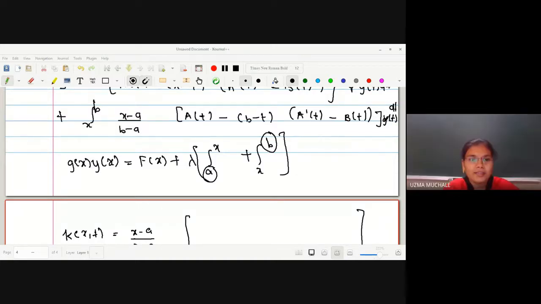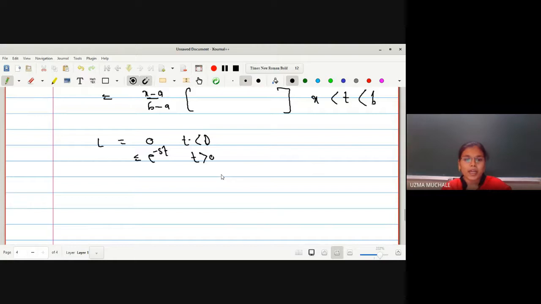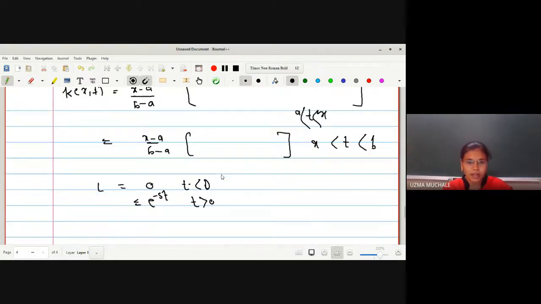Whenever you write it down once, you can have the simplification. It is not very difficult. Simply do the integration, find the value of y dash, resubstitute the value of y dash, and split the limits a to b. After splitting, take a to x in one common bracket and x to b in a second bracket, and that will work as a kernel, and the remaining term outside the integration will be working as f of x, and already we have the value of g of x as 1. So this is what a Fredholm integral equation of the second kind with lambda equal to 1, and we find the kernel within these particular intervals.